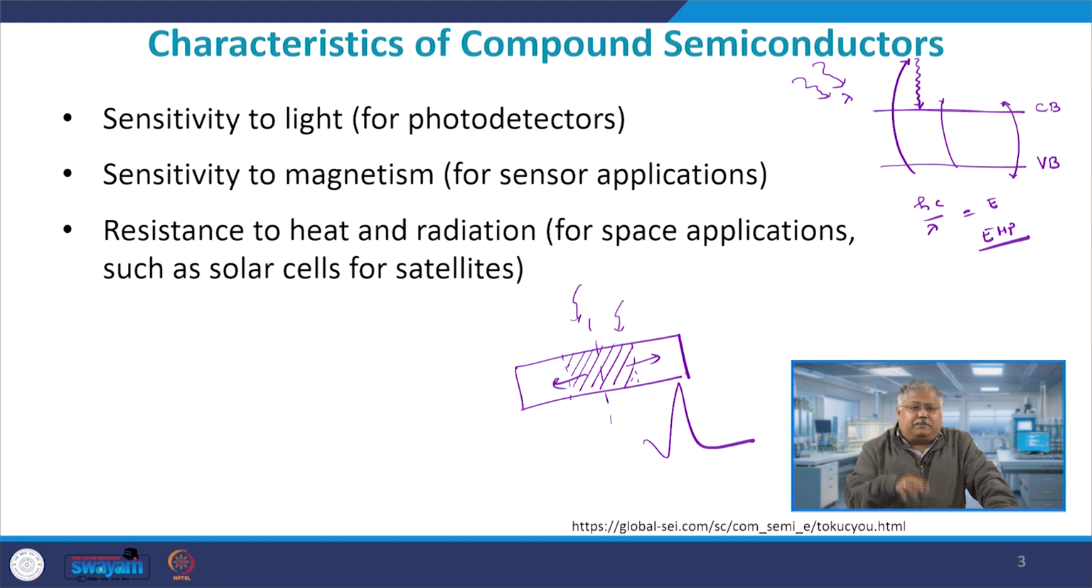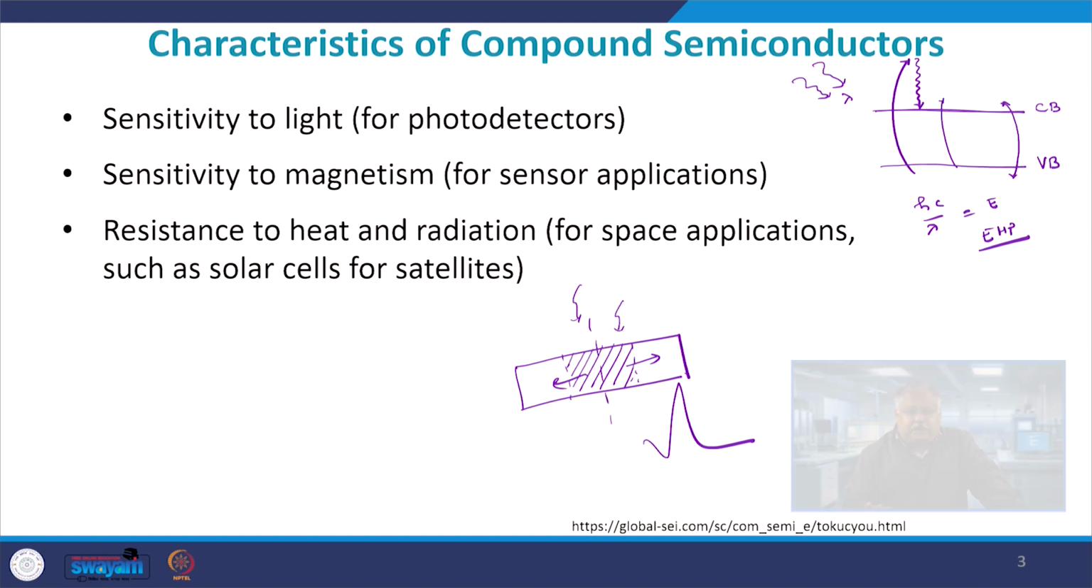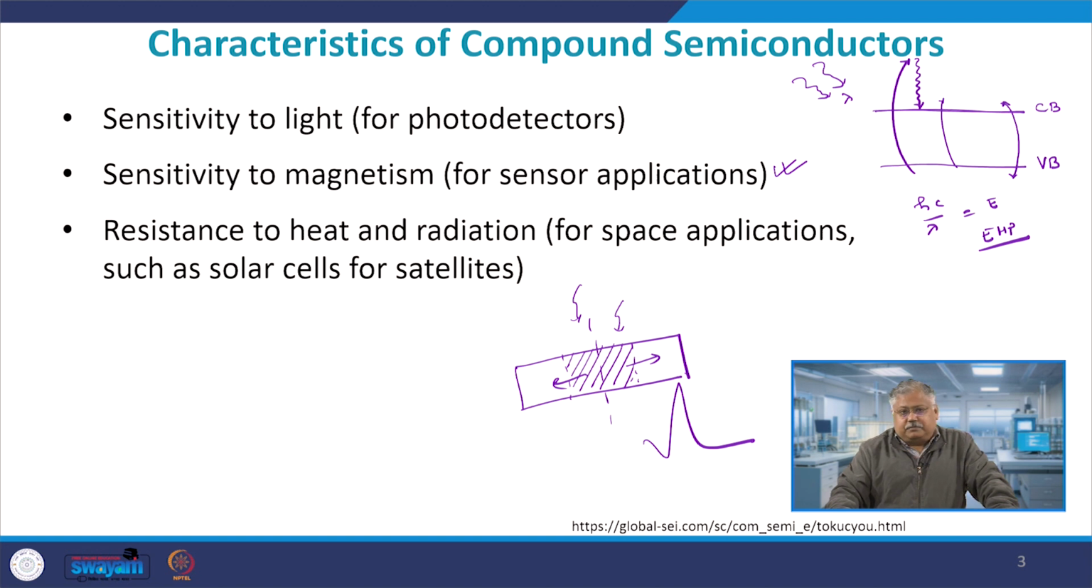In most sensor applications, if you look at the second point here, compound semiconductors are also used, which are sensitive to magnetism. However, 3-5 materials are also resistant to nuclear radiation, ionizing radiation and heat, right? So, these are some of the positive points of compound semiconductors. What are the